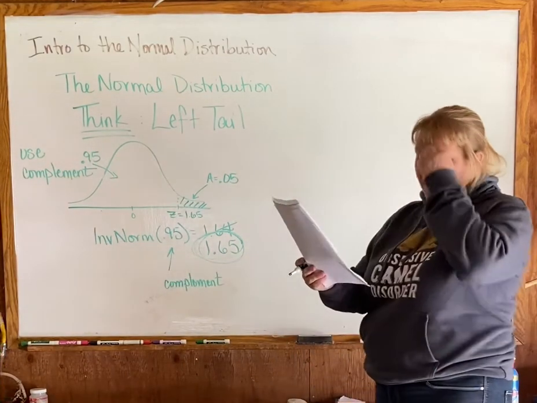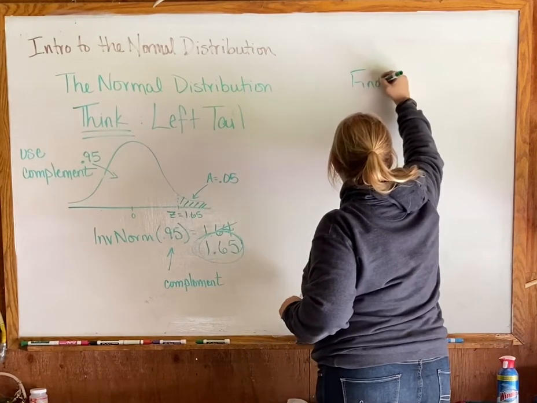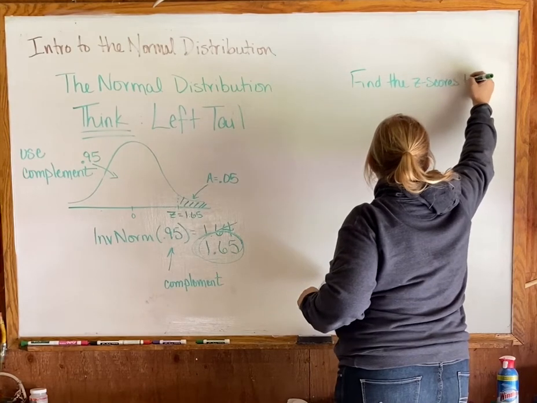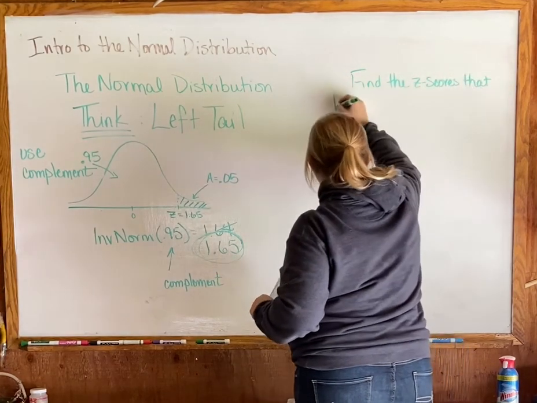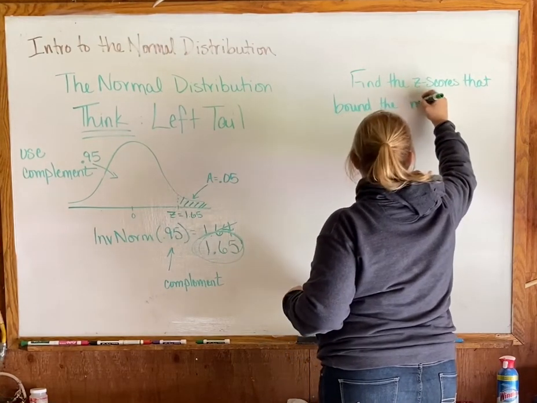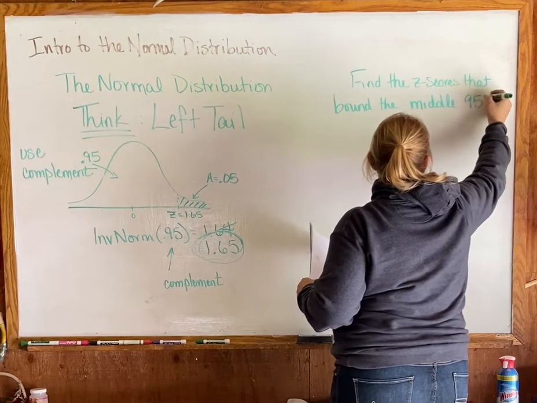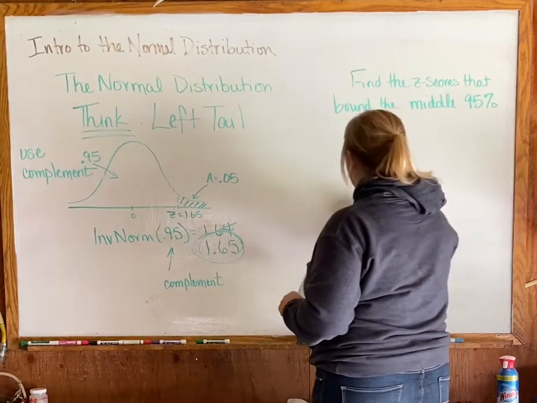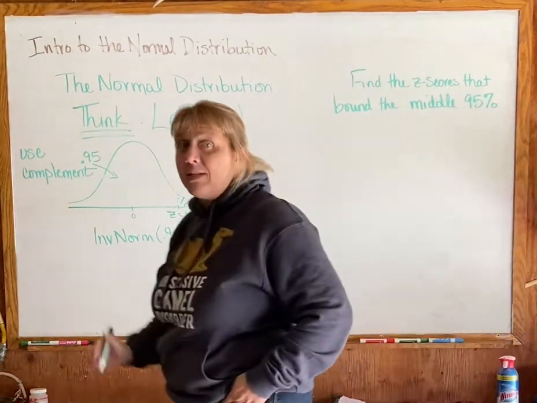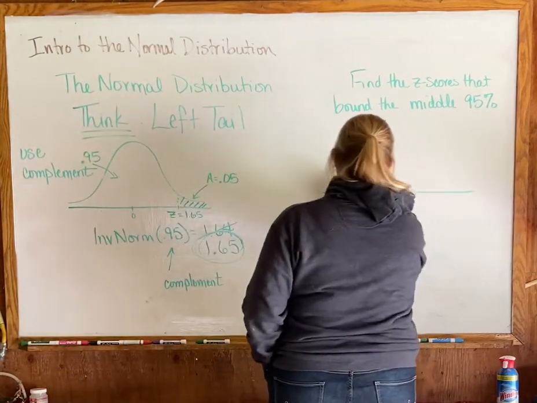And then we have one more situation. Okay, so this one says, find the z-scores that bound the middle 95%. Okay, so this is different than the last one because this one says find the z-scores that bound the middle 95%. So when we draw this one in here,